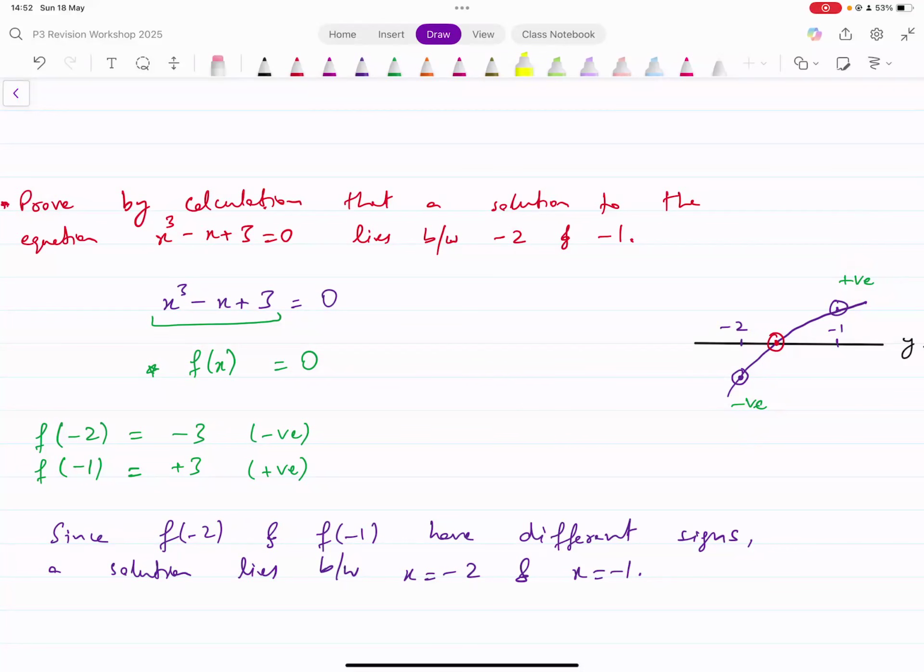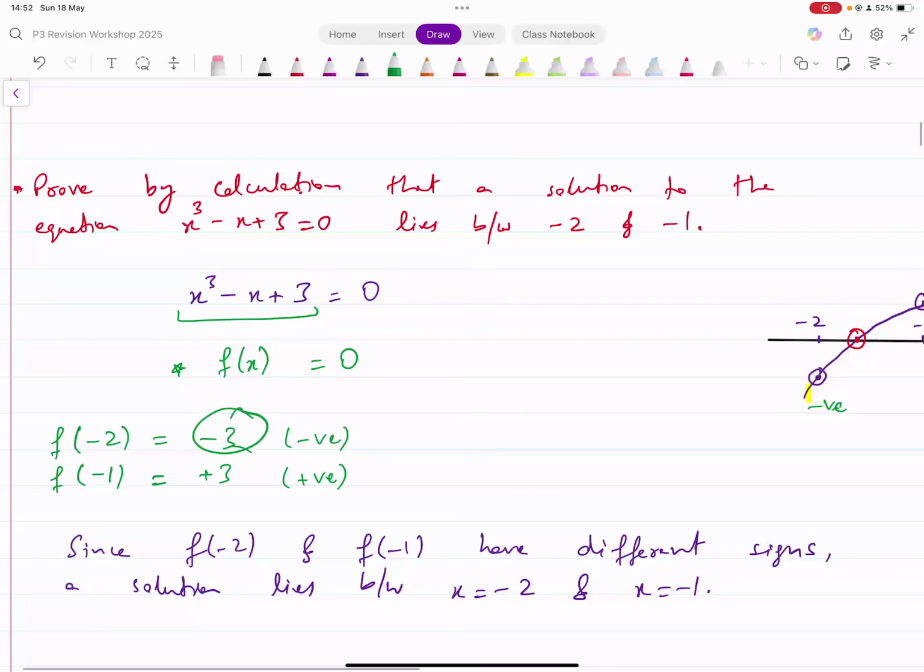And it has to go from the negative side to the positive side. That means 0 will come in between that, right? When you go from negative to positive or from positive to negative, you have 0 in the middle. So that means if one value is negative, the other is positive, there has to be a solution between these